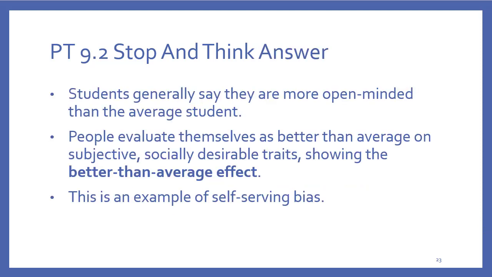Now, what's interesting about this is that we tend to evaluate ourselves better than average. Okay, it is a self-serving bias because on average we want to seem better or more appealing than other people. But the funny thing about this is that you can't always be better than average, or you can't always appraise a group as better than average, because the rule of average is that somebody has to be below average. That's how arithmetic works. So everybody can't be above average.